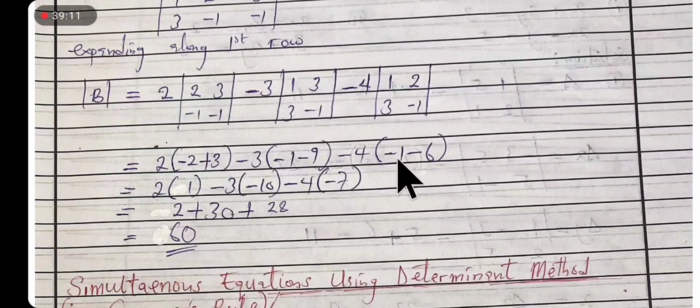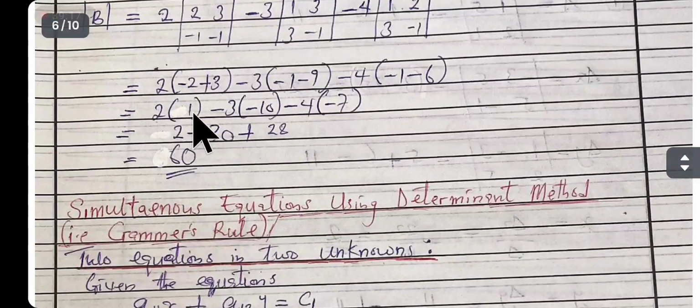1 times minus 1 is minus 1. Minus 2 times 3 is minus 6. So 2 times 2 is what we brought down. Minus 2 plus 3 is 1. Minus 3 is what we brought down here. Minus 3 minus 9 is minus 10. Minus 4 is what we brought down here. Minus 1 minus 6 is minus 7. 2 times 1 is 2. Minus 3 times minus 10 is plus 30. Minus 4 times minus 7 is plus 28. 2 plus 30 is 32. 32 plus 28 is 60. All right, so that is how we got